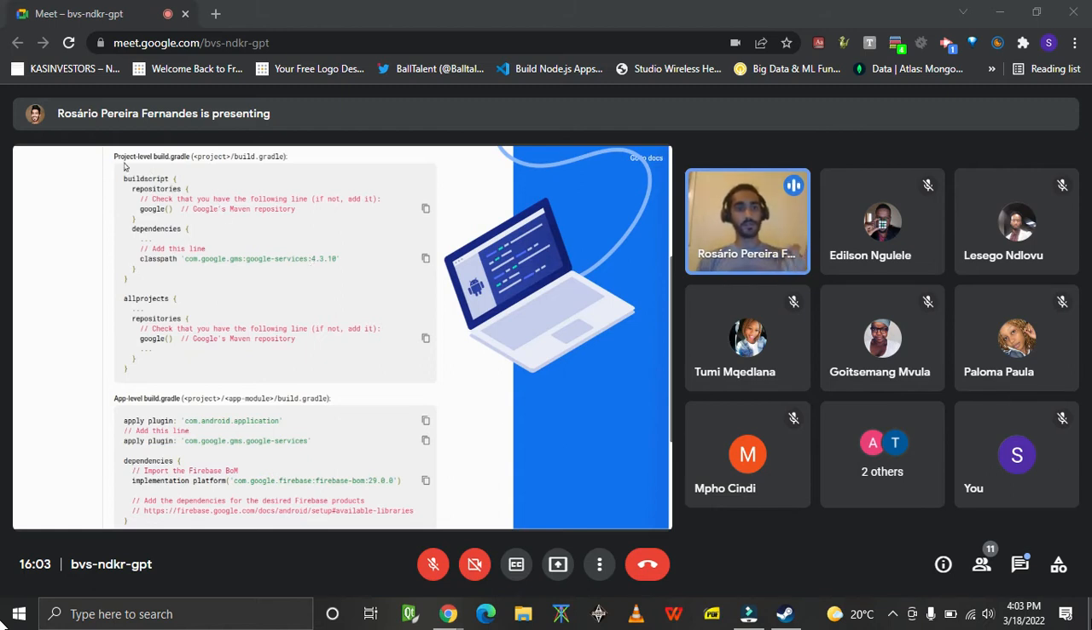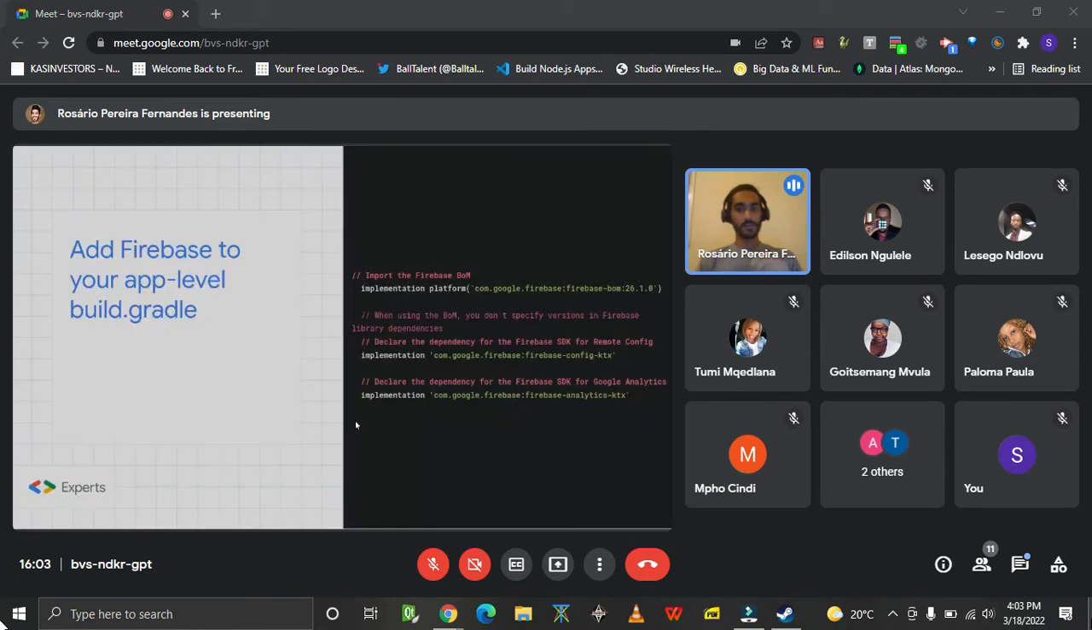So on the first file, it's the project level build.gradle file. And in this file, you're gonna add the Google Services dependency using class path. And then on the second file, that's the app level build.gradle, you're gonna add these lines. So in the first line, we're basically adding the Firebase as a platform. So we are importing what they call bill of materials, or in short, it's BOM. And then